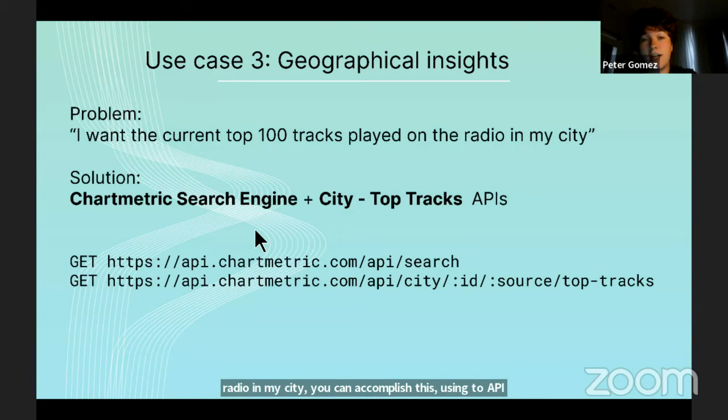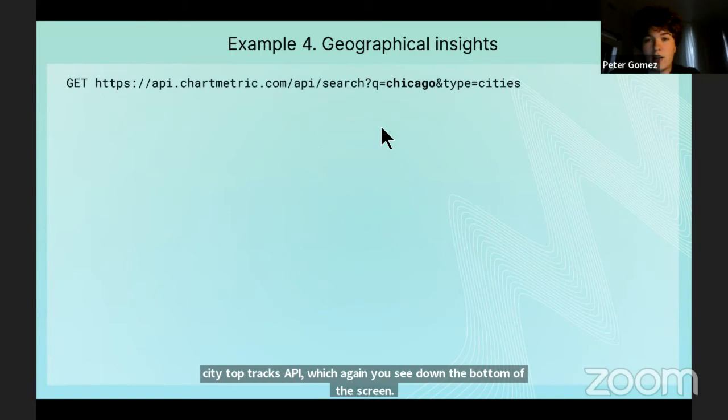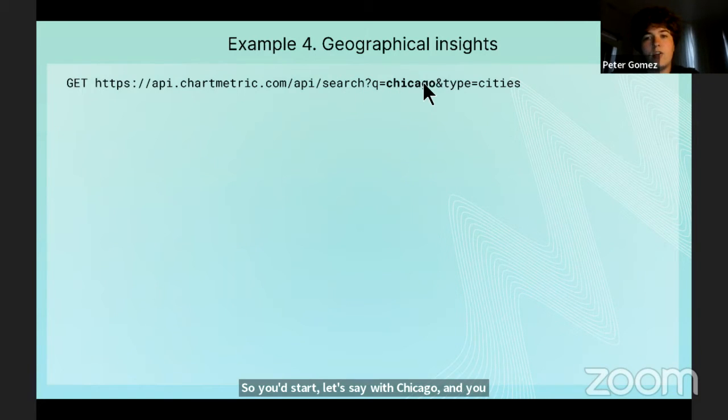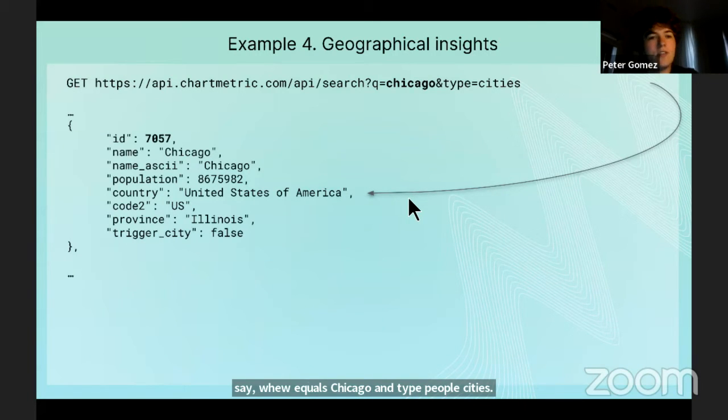You can use the search engine again, which is one of our most powerful endpoints, and the city top tracks API, which again, you see down at the bottom of the screen. So you'd start, let's say, with Chicago, and you could say Q equals Chicago and type equals cities. This will give you a response, a list of matches, but the top, once again, will be your most likely. We sort by population for cities and countries. So if there's a Chicago somewhere in, I don't know, Texas, right, that will be much lower in the results than the Chicago in Illinois,